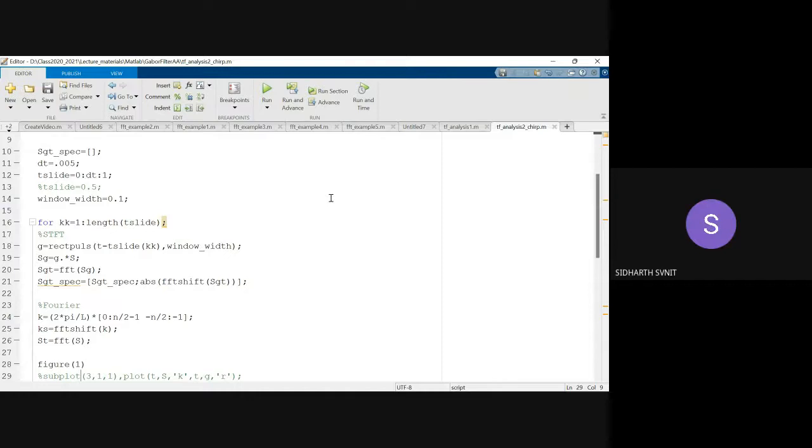In MATLAB, I haven't encountered a particular function for the short-term Fourier transform. But if you go to MathWorks, there might be user-generated functions. Of course, I can convert this into a user-defined function. You can just create an account on MathWorks and download the codes. There are a lot of codes created by others who work in different areas. That will be really useful for your studies and research also.